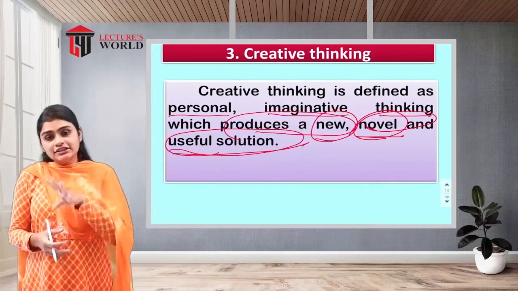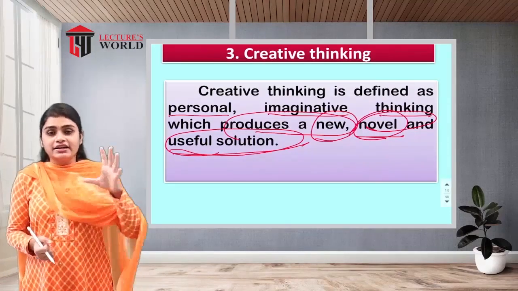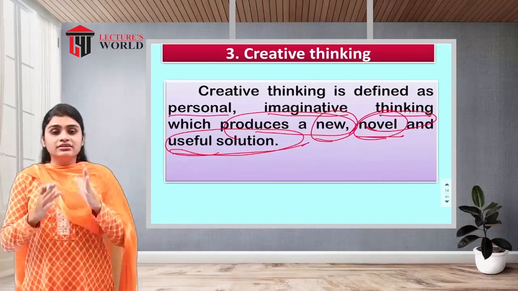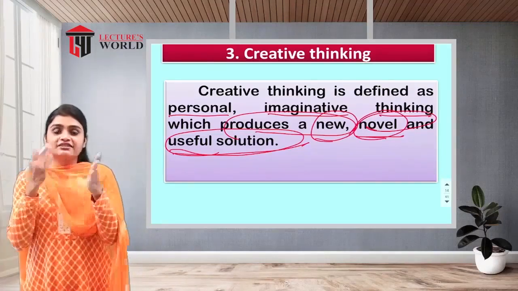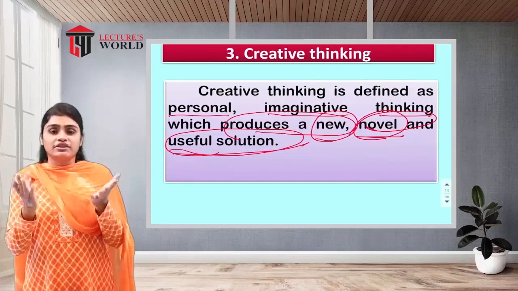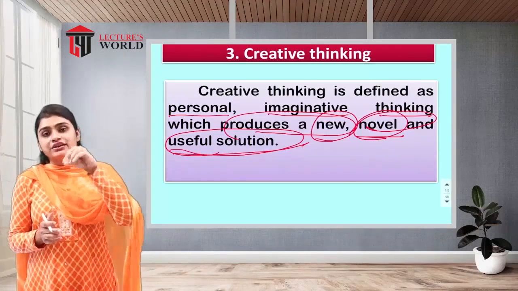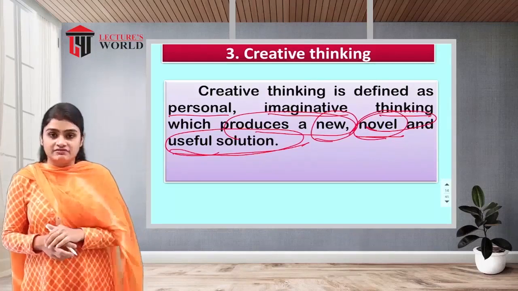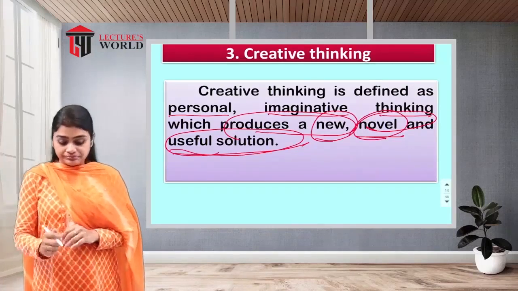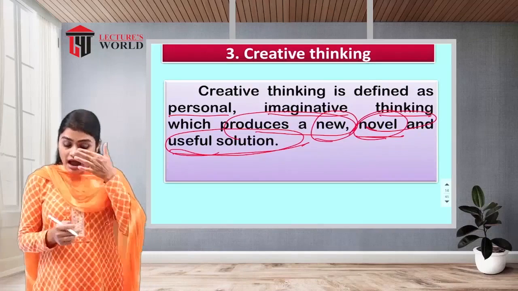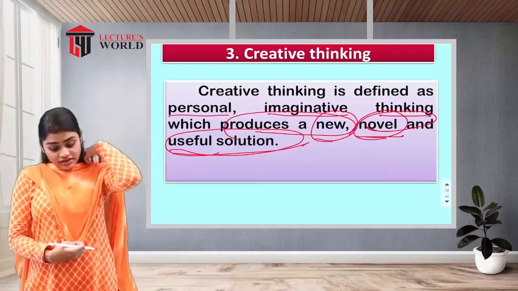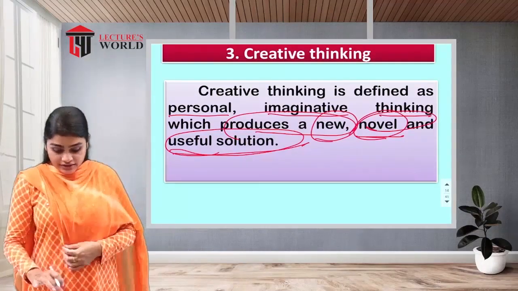So all these three types of thinking come under control thinking, when the thinkers are within some limitations or boundaries, and their thinking pattern is controlled to identify or give answers to that specific problem. So that is your control thinking. After this control thinking, the other type of thinking we have is